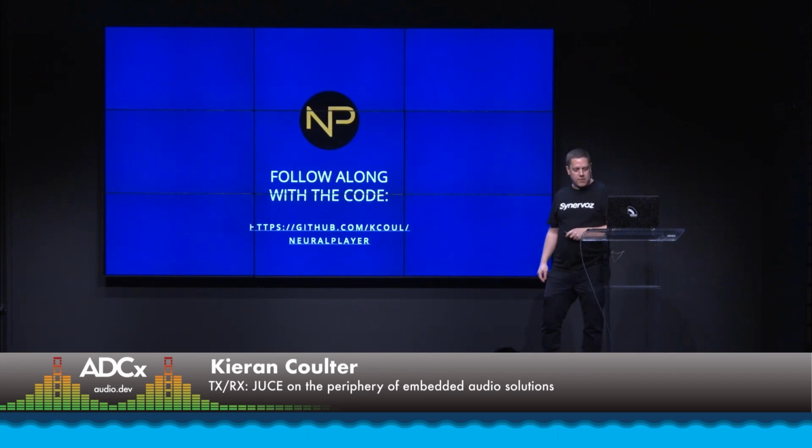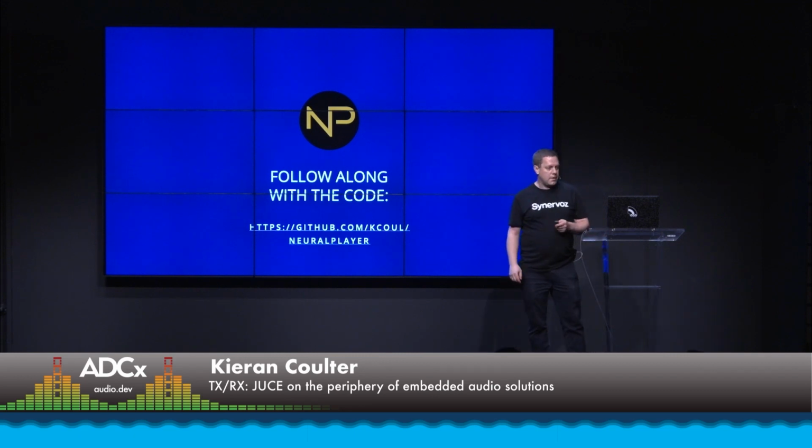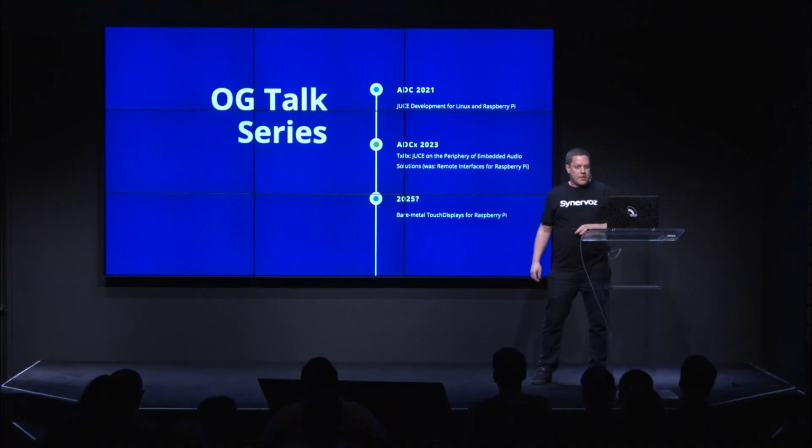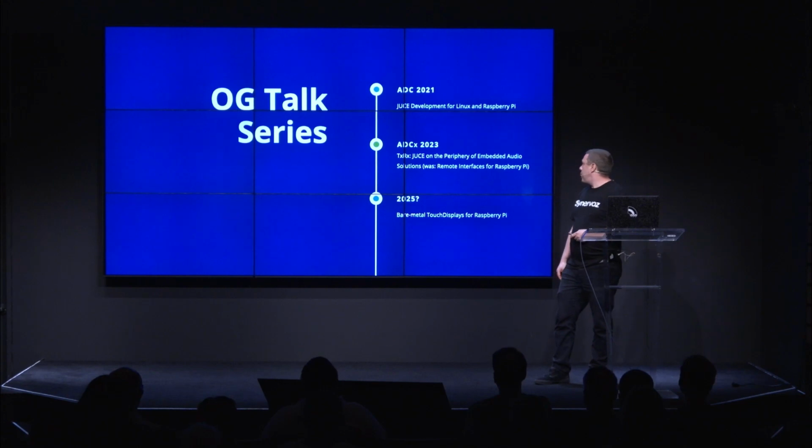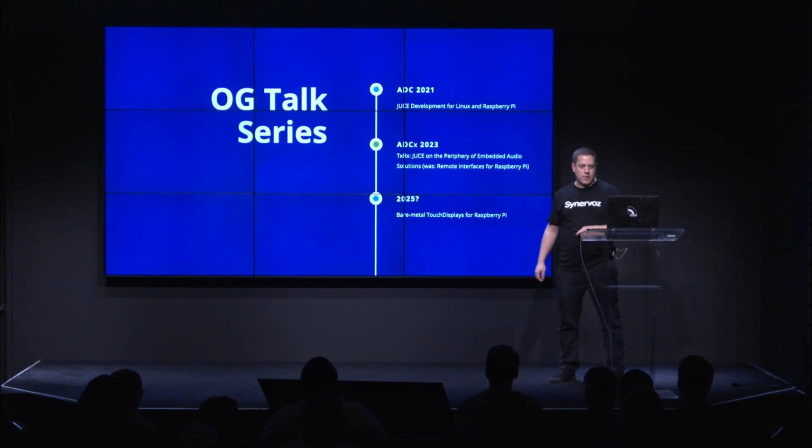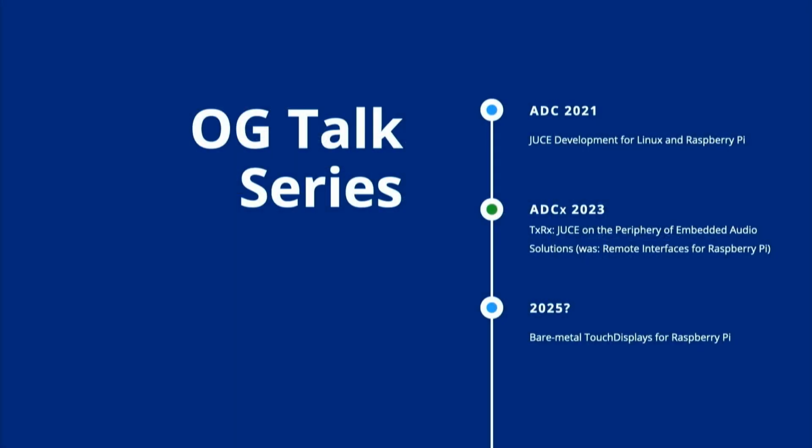It's been just released. The code is on my GitHub account, /NeuroPlayer, and this talk originally stems as the second talk in a series after a talk at ADC 2021, JUCE Development for Linux and Raspberry Pi. Of course, I realized after that talk, it became very hard to get a Raspberry Pi during the pandemic. So,